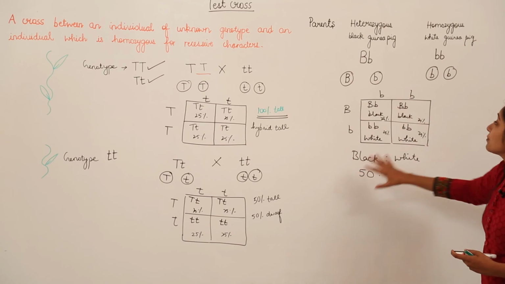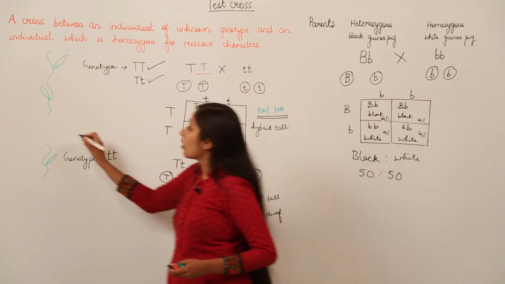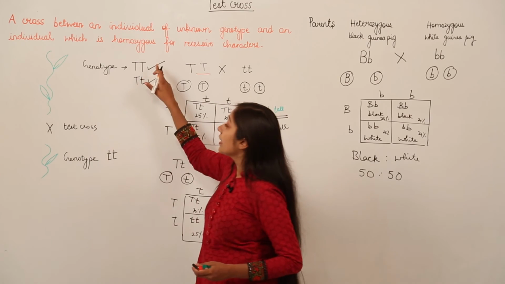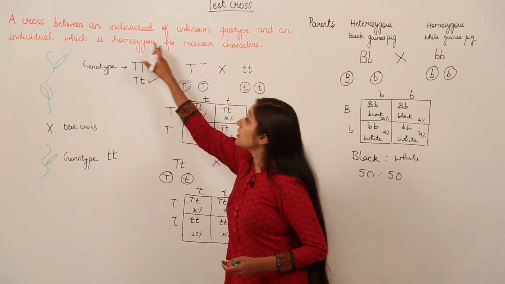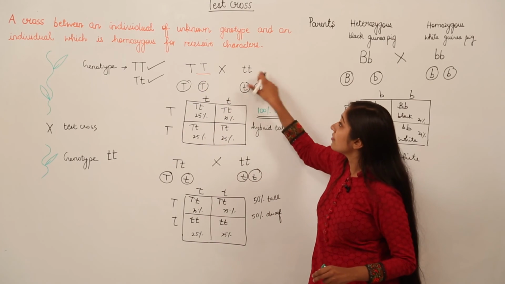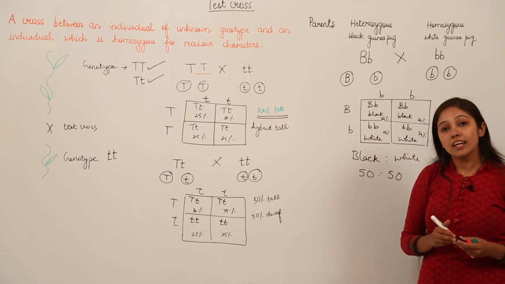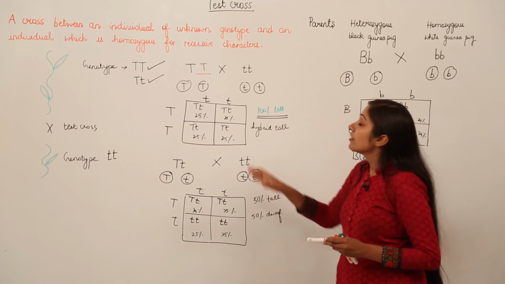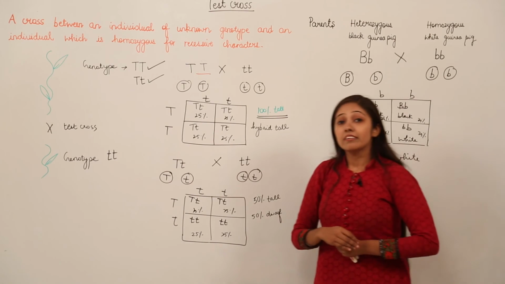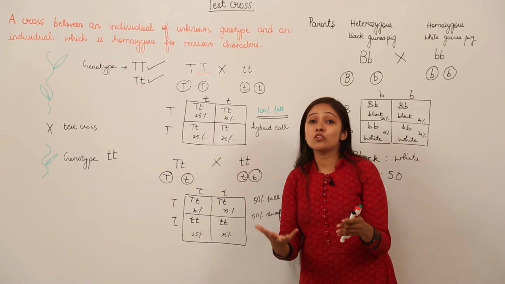So this is how you are going to perform a test cross. So this type of a cross is known as a test cross. Why a test cross? Because here we are going to predict what is going to be the genotype of one of the parents when we are going to cross it with what? With recessive alleles, with homozygous recessive alleles. Okay. So this is going to help geneticists to analyze the genotype of an organism when this is the case. So this test cross is one of the major contributions by Gregor Mendel that has played a vital role in analyzing the genotype of an organism, the unknown genotype of an organism.